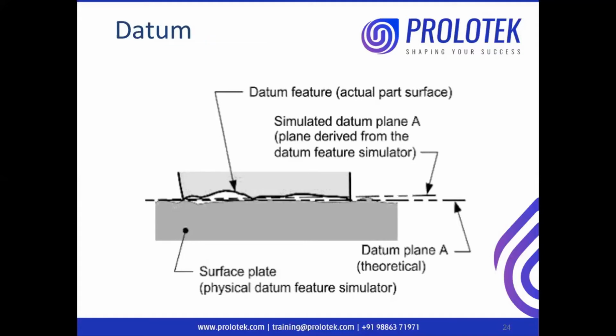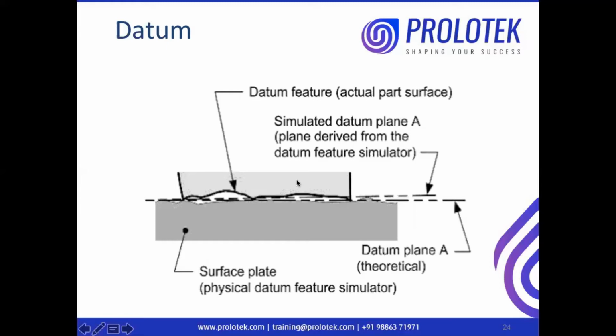But if you want to give related features, then how do you create a relationship? That is what is given by a term called datum. So datum is nothing but creating a reference between the surface that we have to control and an already existing accurate surface. It's a very vast subject, datums. It's a very big topic in the standard. So here I just covered it in a single slide. The actual part after manufacturing will have some surface error. If you have taken this surface as a datum, then we call it a datum feature.